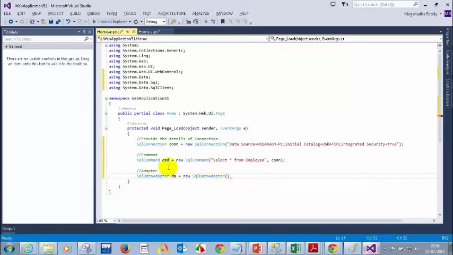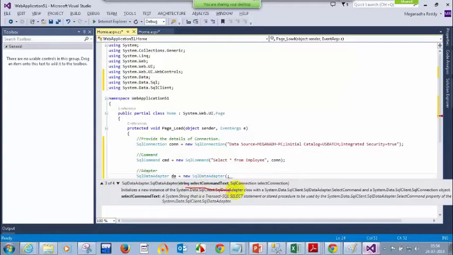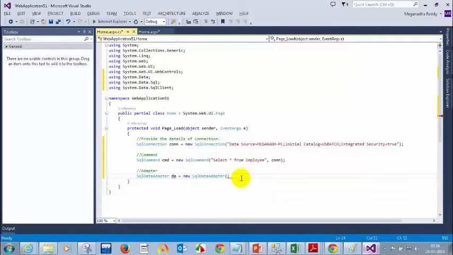So now we will take the third method, select command. So I'm giving cmd here. That's all. In case you have not created this line totally, you could have selected the third overload, where you can see we have select command text, a string command text, and a connection. So here you are giving these two values directly for the adapter. I will tell you what is the use of adapter, so don't worry if you're not getting it now, I'll be explaining again.